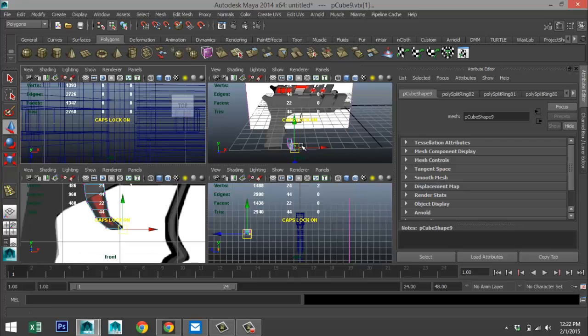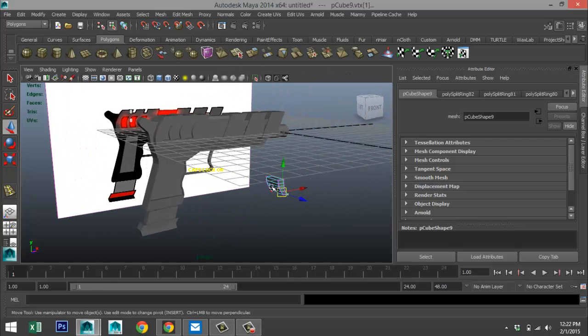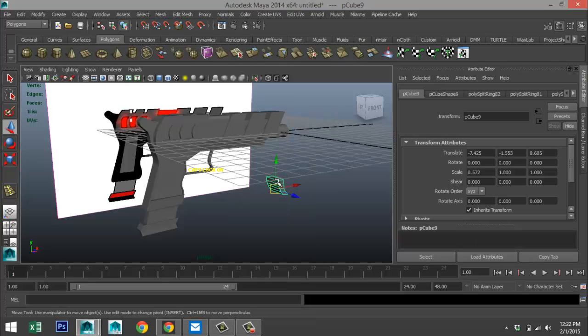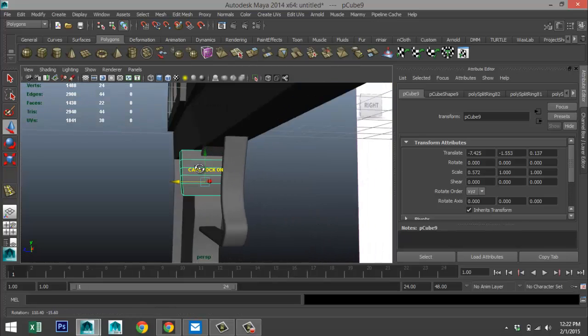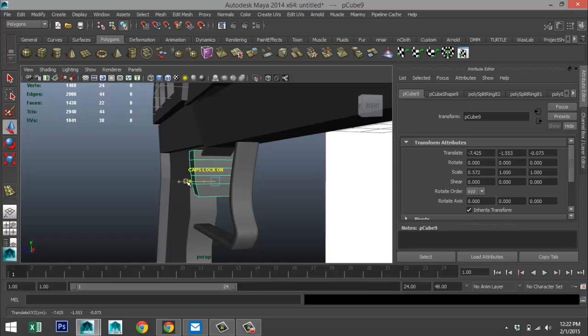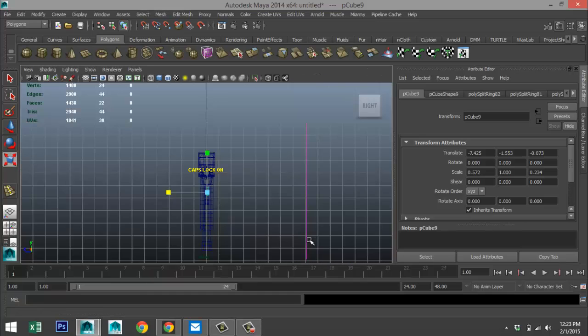Yeah, that's fine. Okay, right click object mode, move that in, hit F to zoom in, hit R to scale that in, and let's just make sure that it's in the middle.